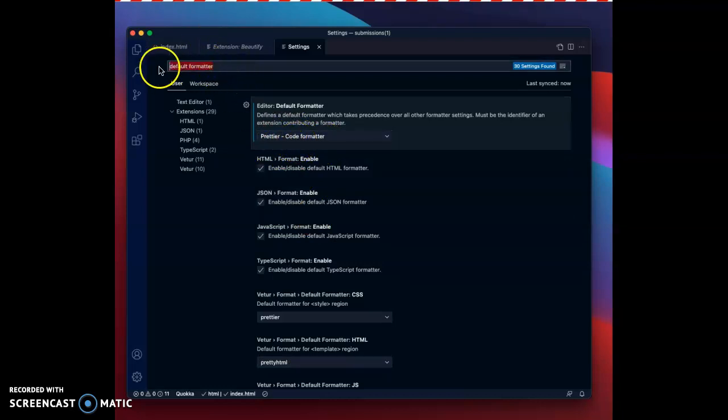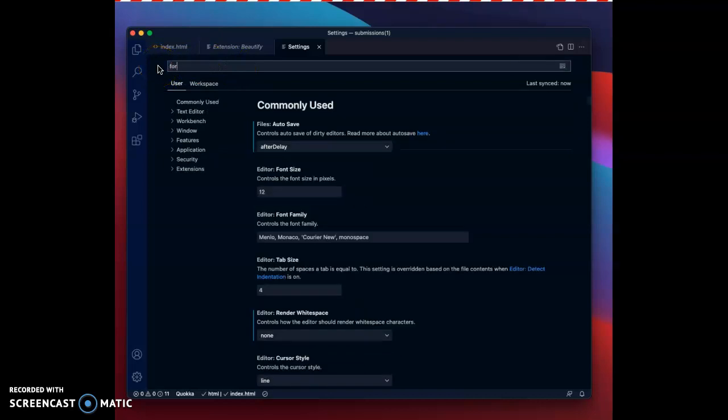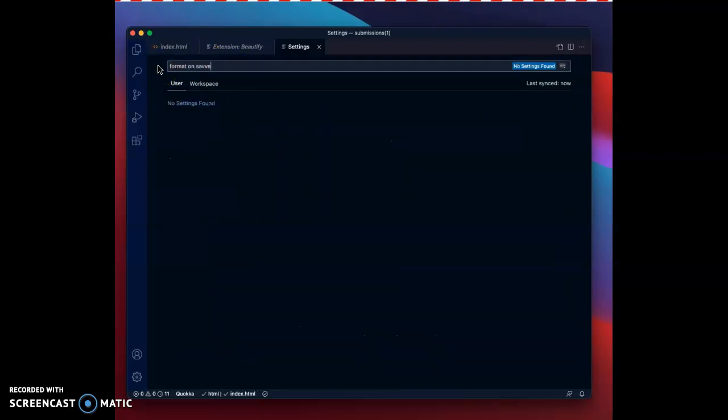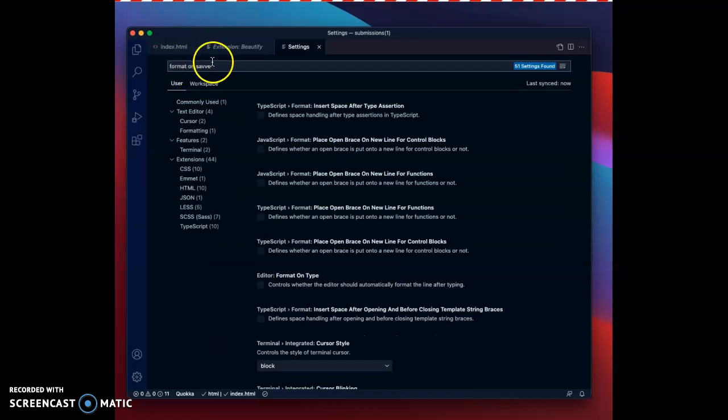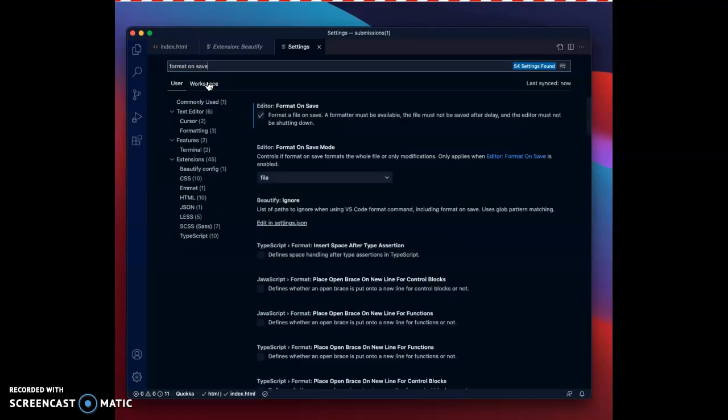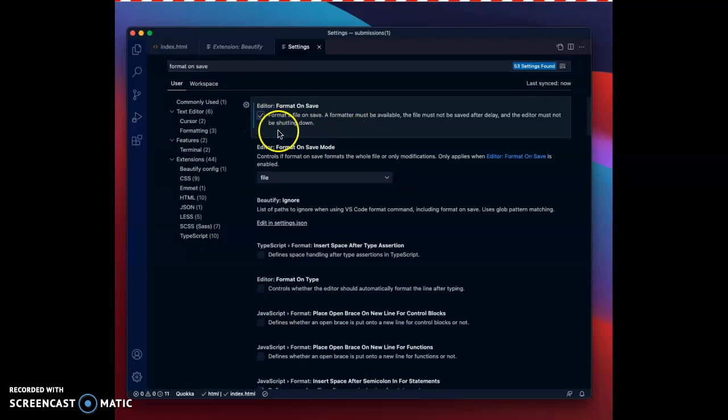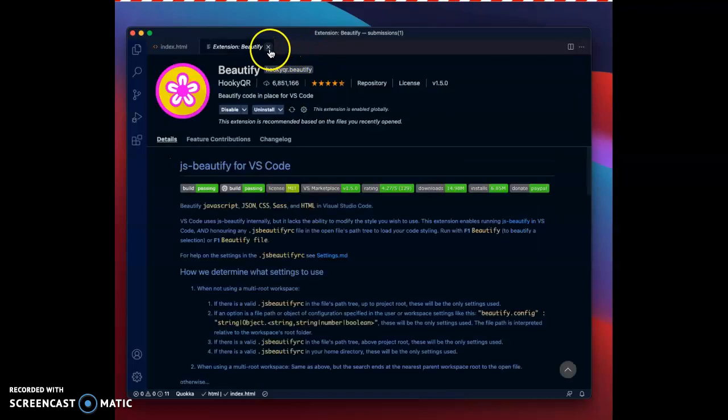And then you're also going to search for format on save. And probably save with one V and not two. Let's see what we got here. There we go. So where it says here, editor format on save, make sure that this is checked, and I'll show you why. So if this is checked and you've chosen that formatter that I just showed you, what will